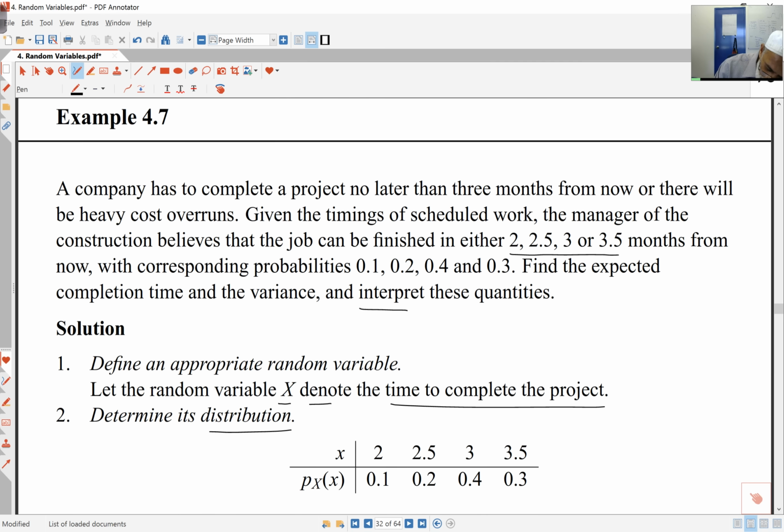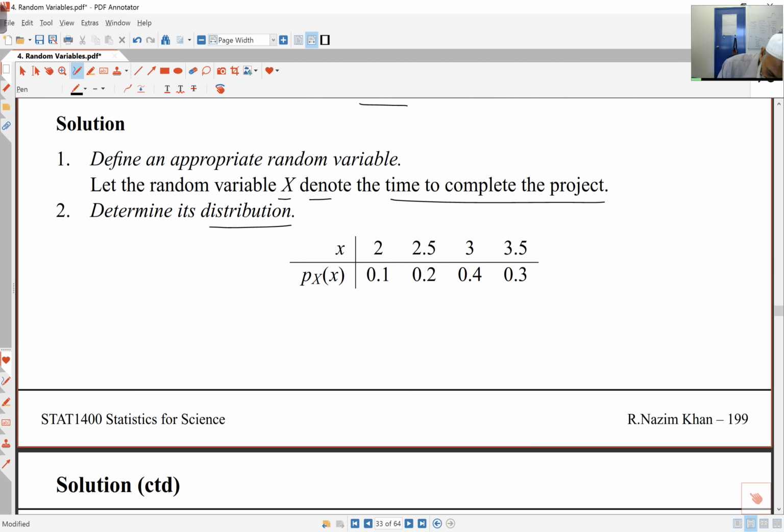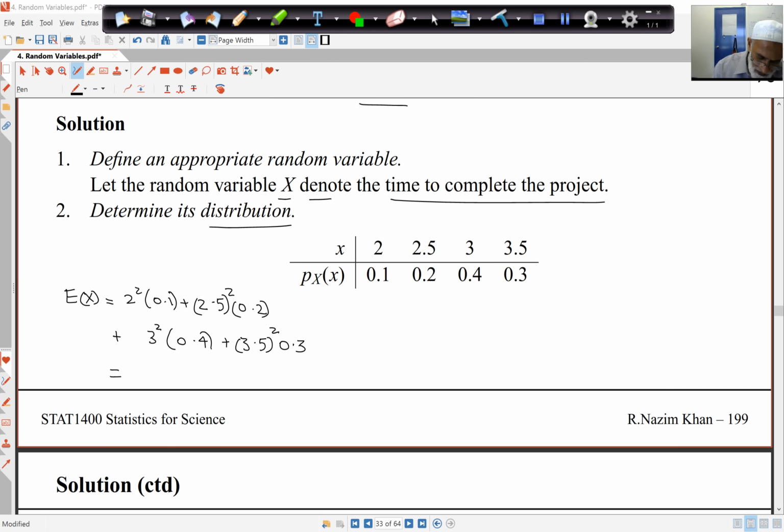So E of x squared over here is 2 squared times 0.1 plus 2.5 squared times 0.2 plus 3 squared times 0.4 and then 3.5 squared times 0.3, and so you can calculate that, and what you'll get is,